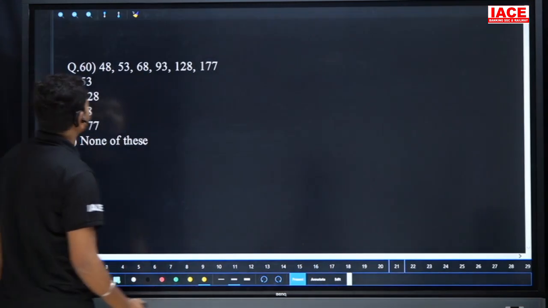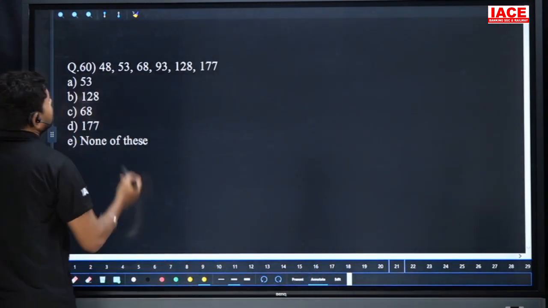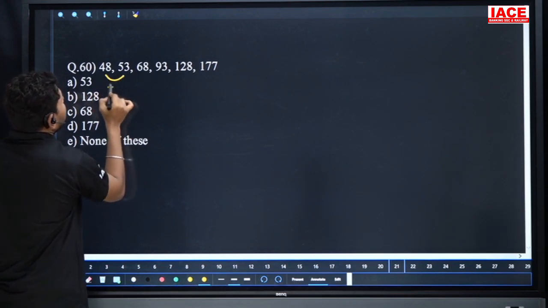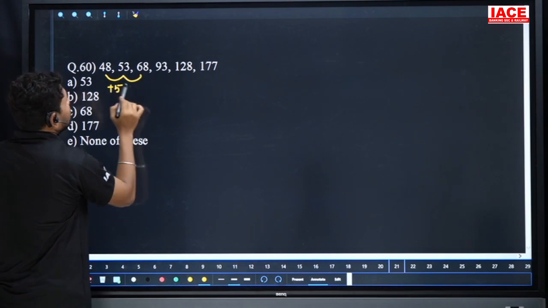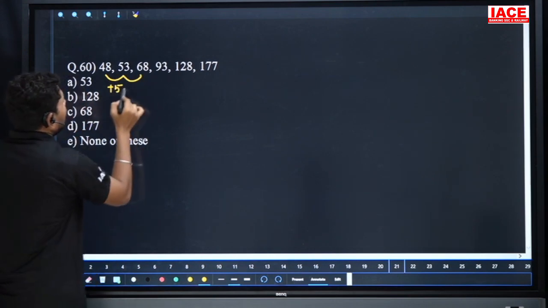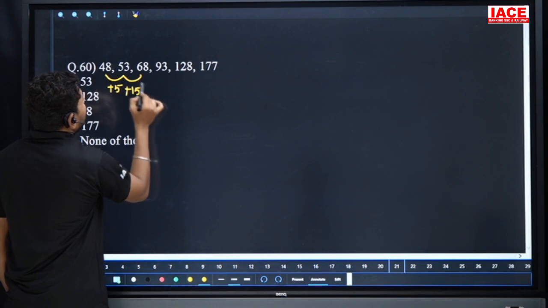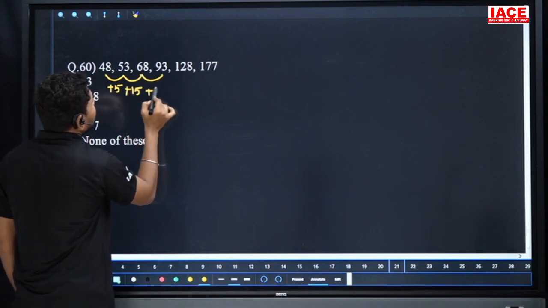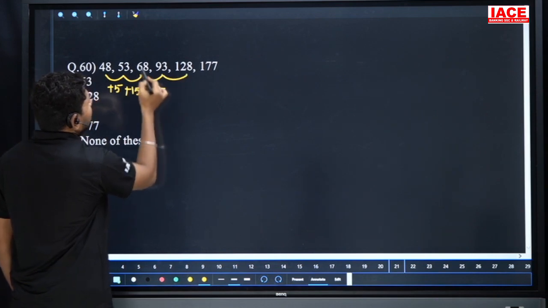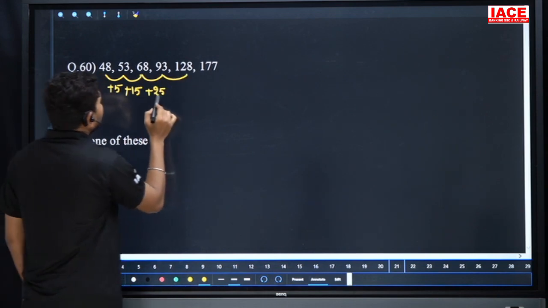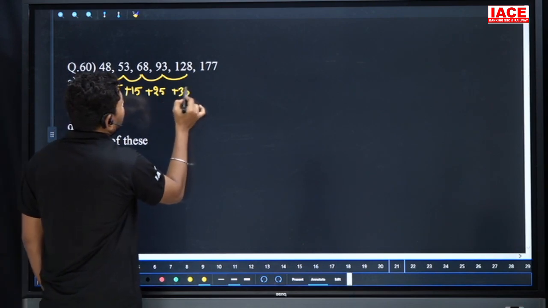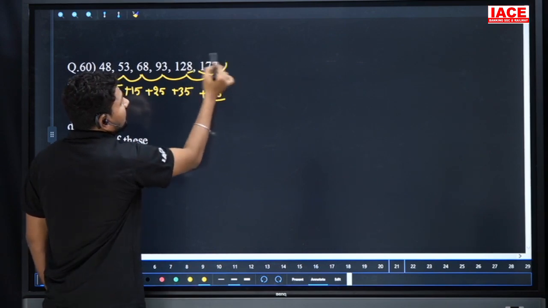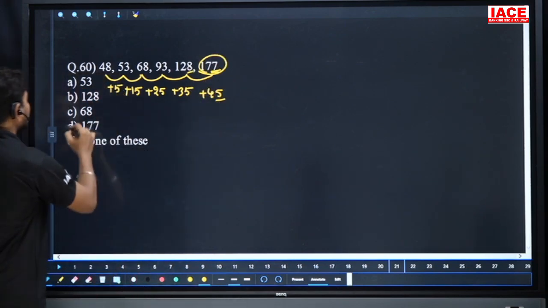And move for the next question, 48 became 53 and 68, here it is decreased by how much, so 2, it is minus, plus 5 increased, and next it is also increased, 53 became 68, how much increased, 15 increased, and here increased by how much, 5 15, 10 increase, maybe we can expect here 25, yes, of course it is 25, 68 plus 25 is 93, and again it is increased by 10, for example look at it is 35, exactly correct, and we have to write 45, so 8 plus 5 is 13, not 7, that means the wrong number is 177, option D here.